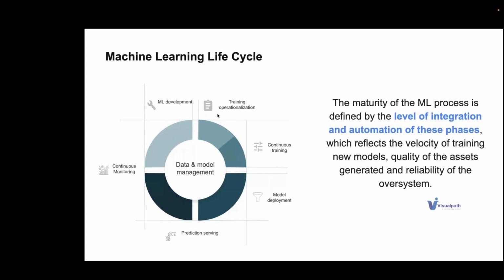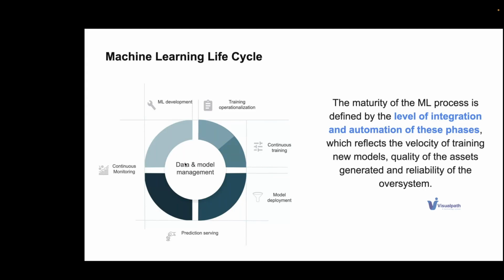And then we'll use training operationalizing, like creating a pipeline. This is what you are using as an ops dev. Then you will create a continuous training process. You'll create a continuous deployment process. You will have a prediction serving, which will have continuous monitoring in place. And the continuous monitoring will again trigger either the training operationalizing or involve the ML development again if there is a need. So this is not always done, but in certain aspects we do that. So this is how the cycle works. And at the center of this, we'll have data and model management.